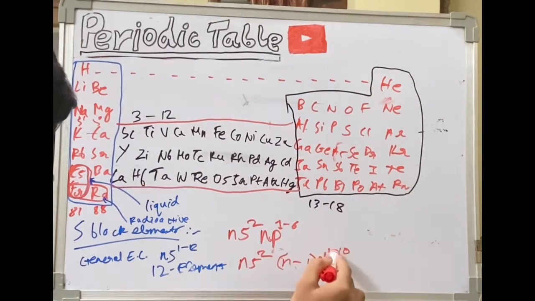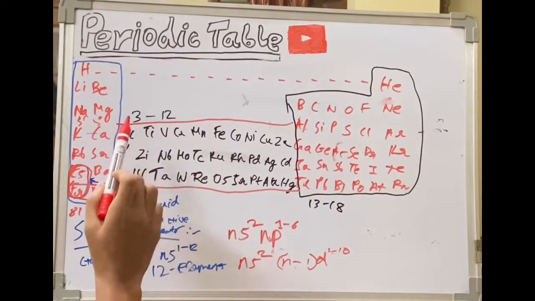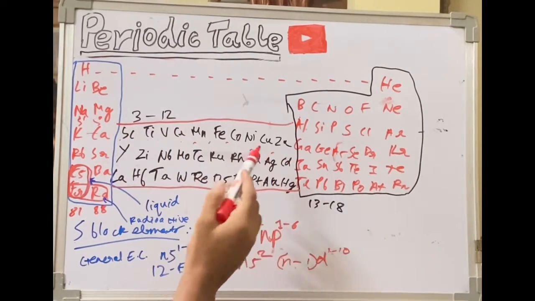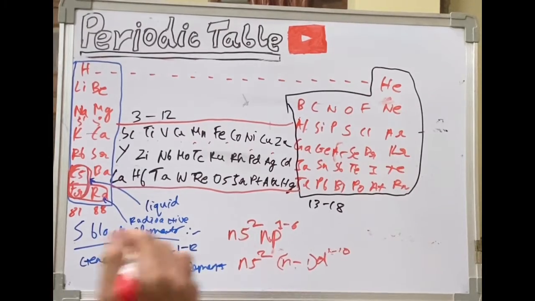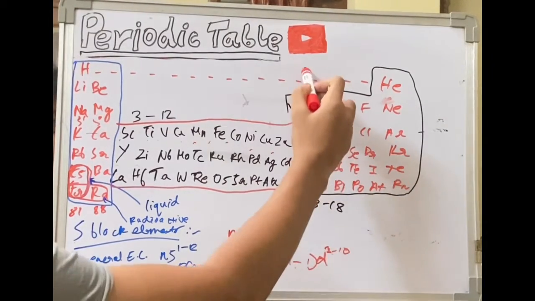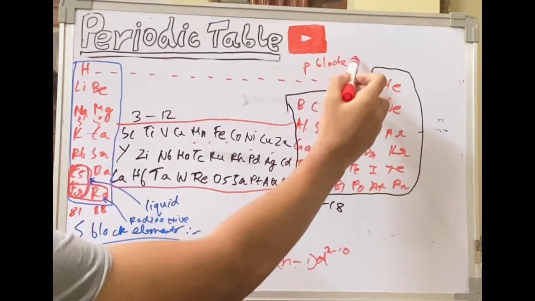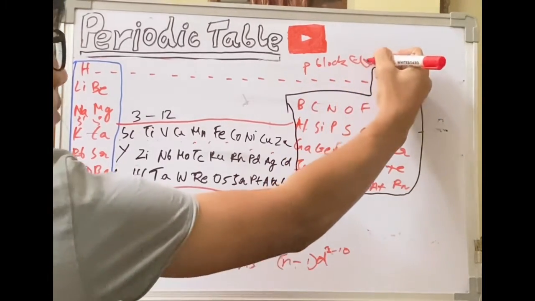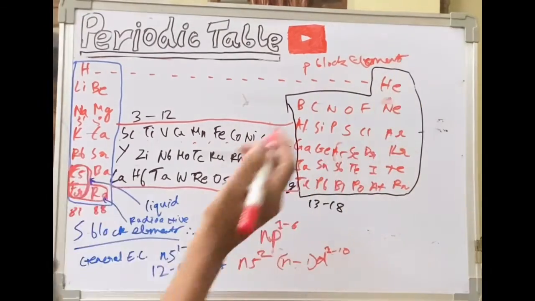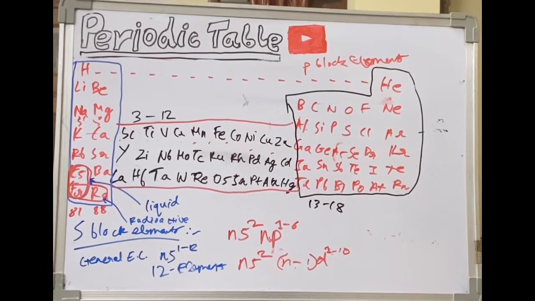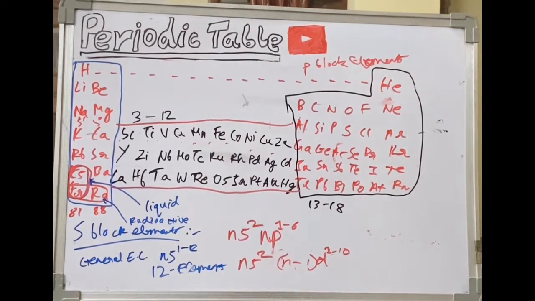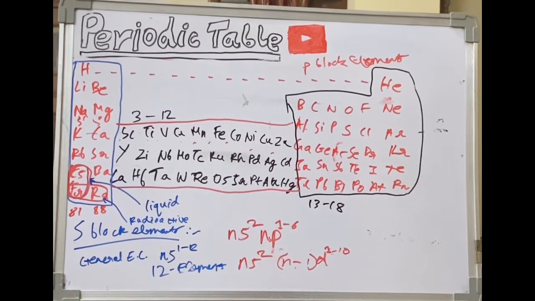However, if the limit of the d orbital is reached, as you can see there are 10 elements each for 1 electron over here, then the electrons further start entering into the p orbital, and if they start entering in the p orbital, they come in the p block elements. It totally makes sense over here, right? P block elements. I'll erase it first. And there is an exception over here. Among all the d block elements, only mercury is the liquid element.